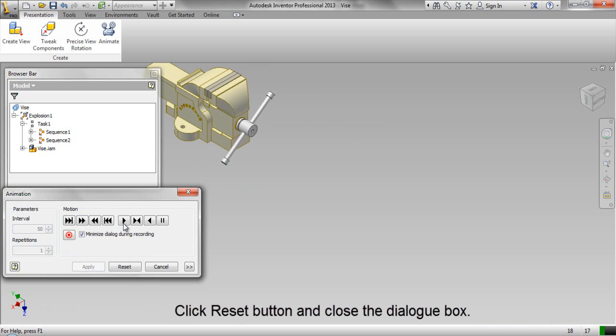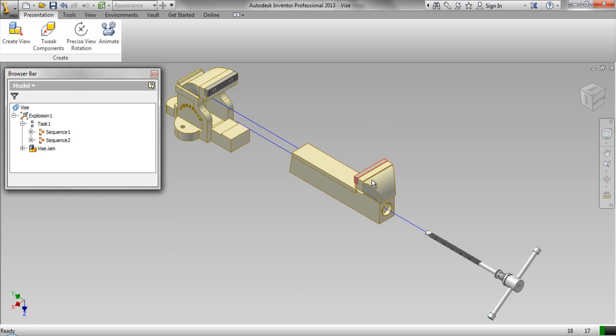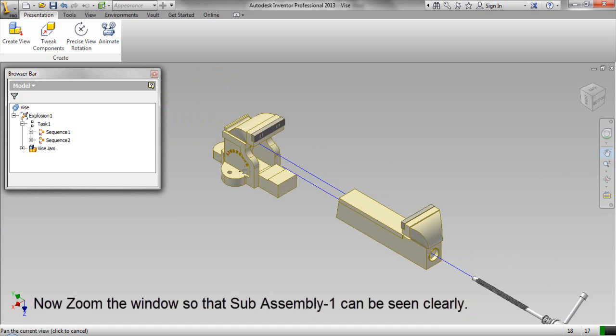Click Reset button and close the dialog box. Now zoom the window so that subassembly 1 can be seen clearly.